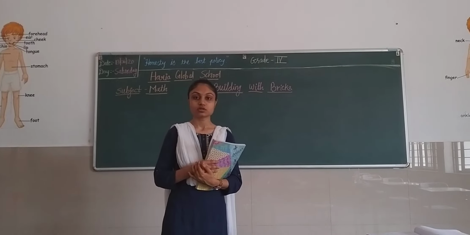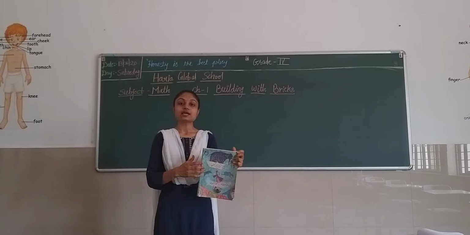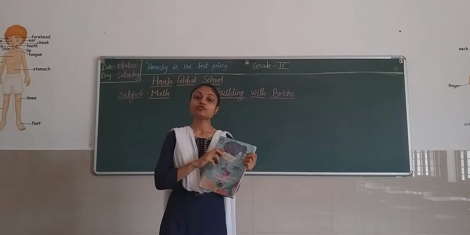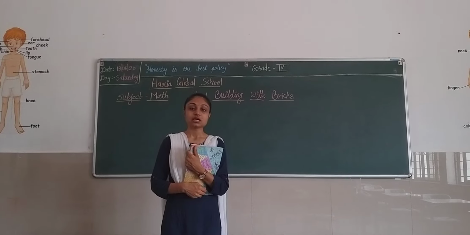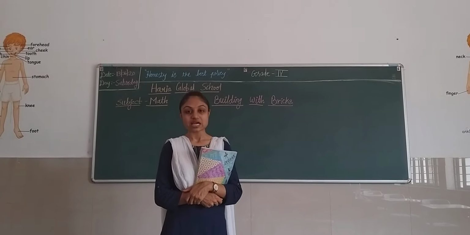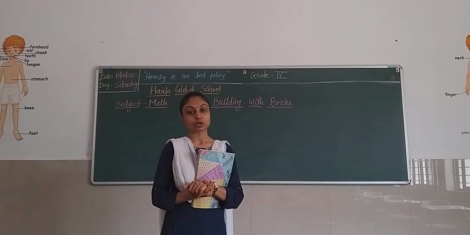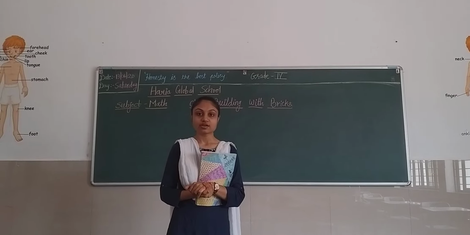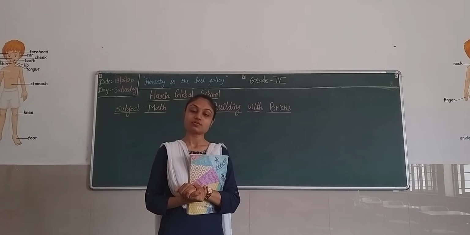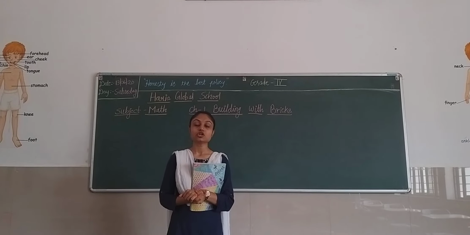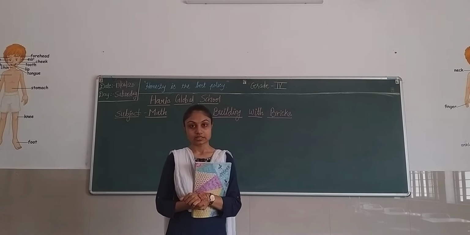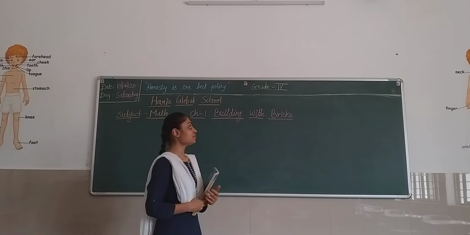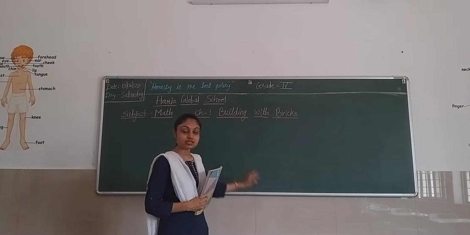this chapter from the start. First of all, I know you all have purchased your textbook, that is Mathemagic. If you have not purchased it, please purchase it, and you have to prepare your classwork book, a single line classwork book. If you prepared your classwork book and noted everything from our previous worksheets, very good. If you have not completed your classwork book, you have to complete it from the worksheets and note down. You also have to note down some points which I am going to give you in this session.